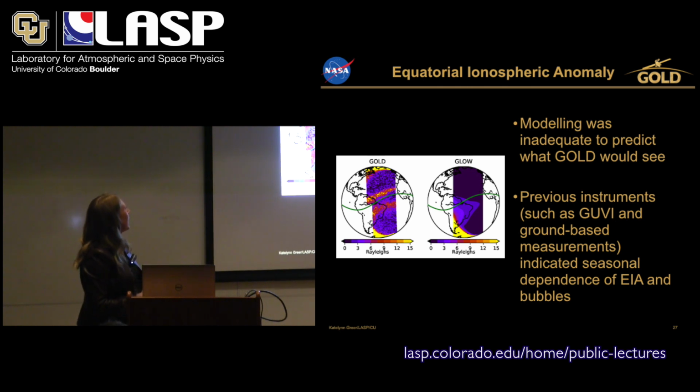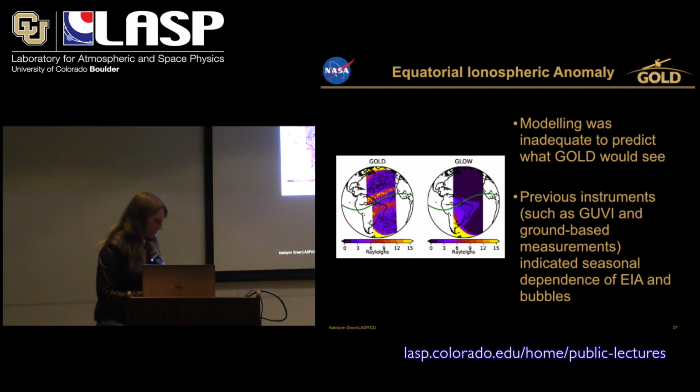And what you see is that it kind of did an inadequate job of modeling this particular phenomenon. In the observations, we see two bright bands on either side of the geomagnetic equator, and they extend all the way across the Atlantic Ocean. We also see that they are pretty much symmetric, whereas the model showed a very